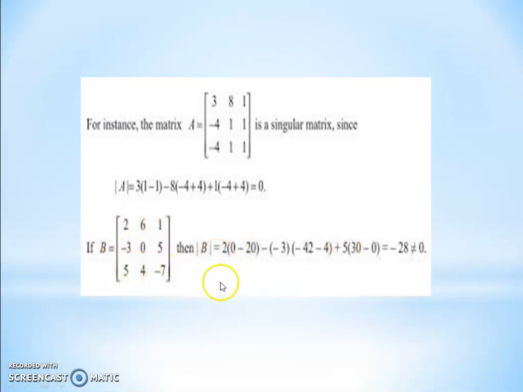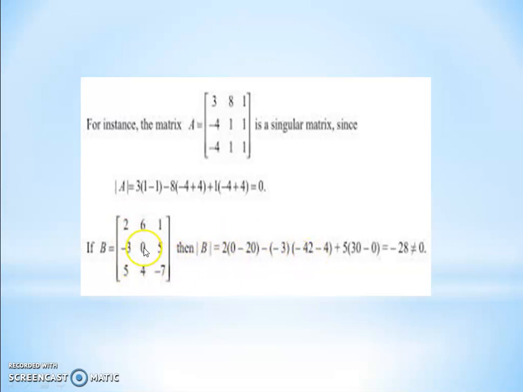Now which row and column do we skip? Yes, first row, second column, we skip. What is remaining? Minus 3 into 6. Here we can take a different order also. In this example, I take the first row constant, and the first column also constant. Now the second column we skip, and the first column. Yes, it is right, second row and first column. So minus 3 remains the same.